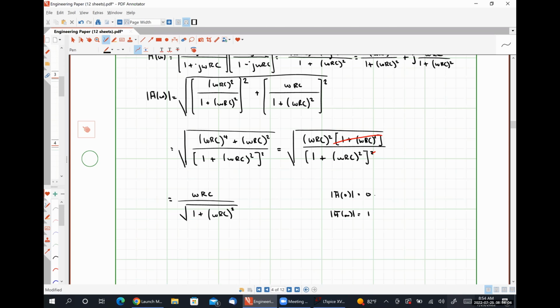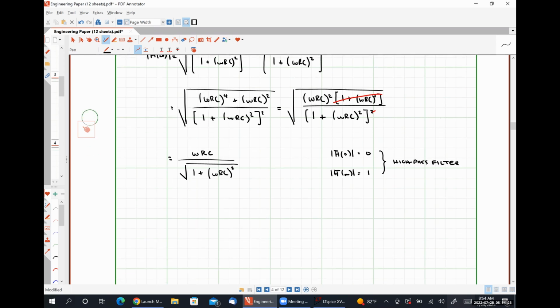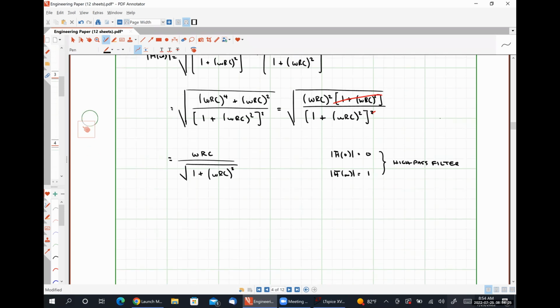So we attenuate low frequency terms and pass high frequency terms. So this is a high pass filter. Simply swapping the position of the elements changes the filter type. Okay. If we were to plot this,